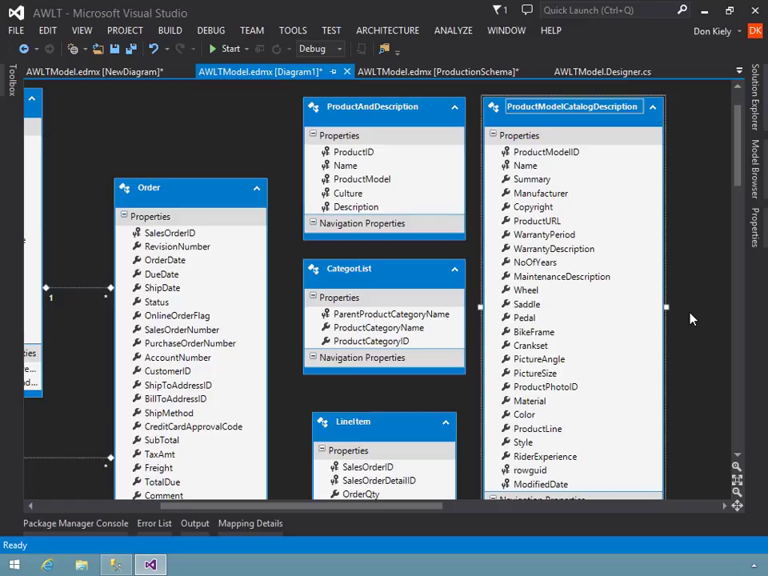Now keep in mind that product model catalog description is still a pretty long name, but it is descriptive, so I'm going to leave that be. One important thing to understand about renaming entities is that since this model is set to automatically singularize and pluralize names, when you change the names in the designer, the entity set names change as well to stay in sync